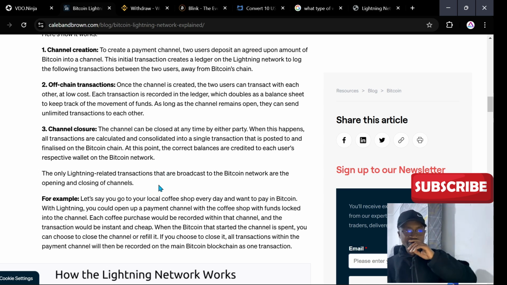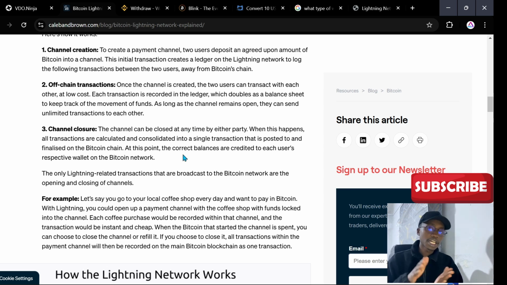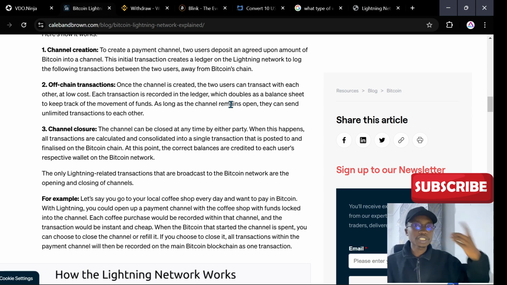So listen to this. The transactions are done off-chain by the Lightning Network, but after these transactions are completed, the channel is closed, and after the channel is closed, these transactions are settled into one single transaction. Even if you had done several transactions, as we had seen here, you can do unlimited transactions between each other. These transactions are now settled when the channel is closing, into one single transaction, and that single transaction is now posted into the Bitcoin